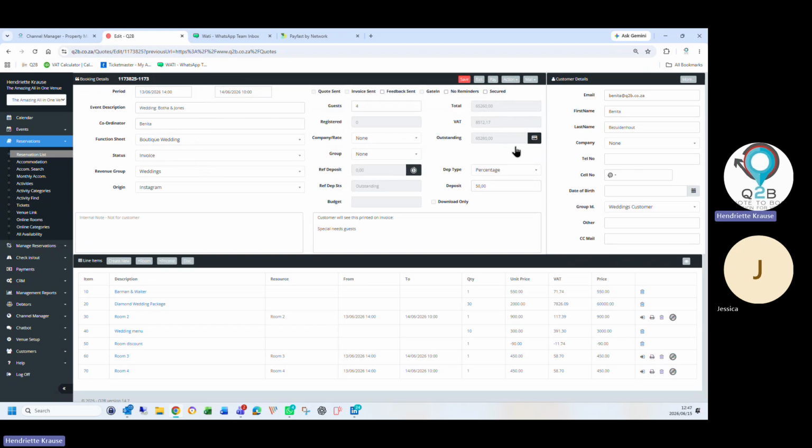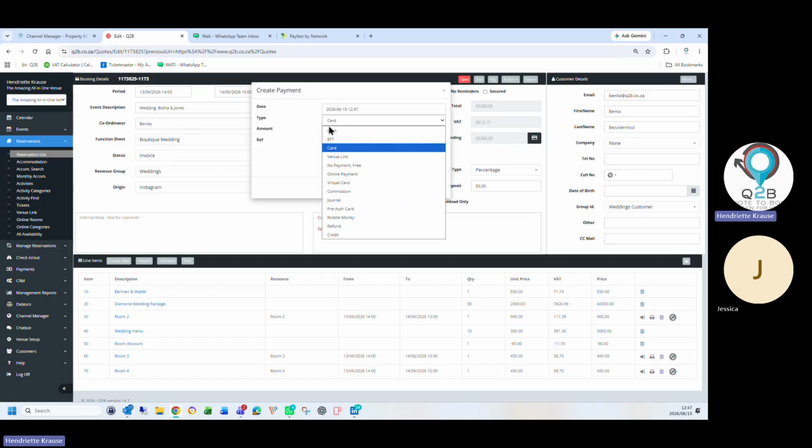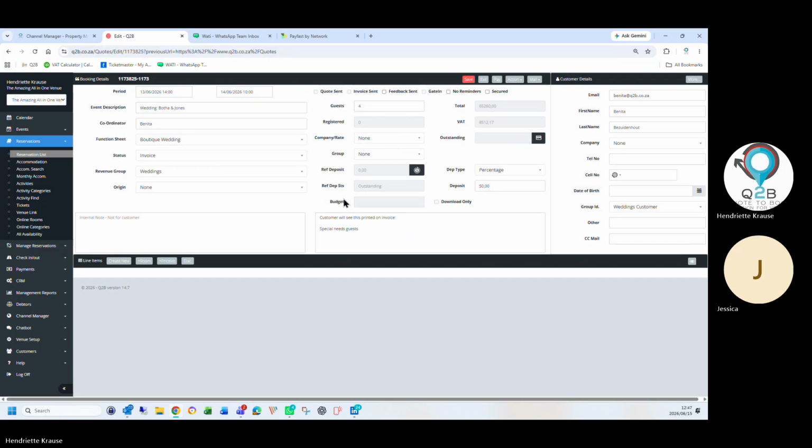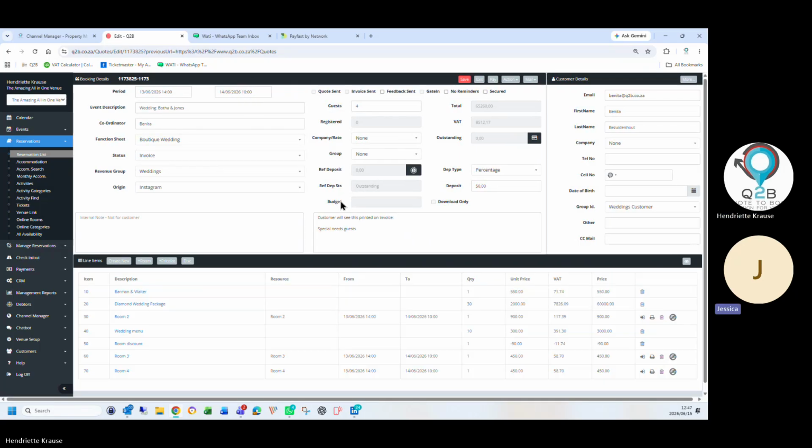Okay, and here you can record a payment and you can say how did you receive it, how much did you receive, and you can immediately mail the receipt or print the receipt for the customer. Here's our customer details.